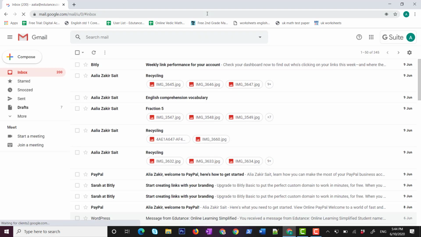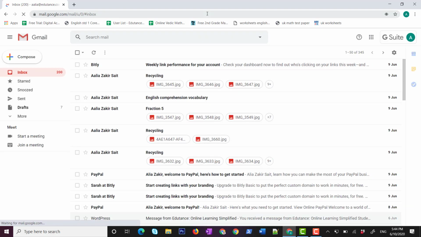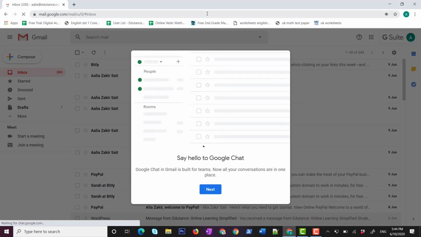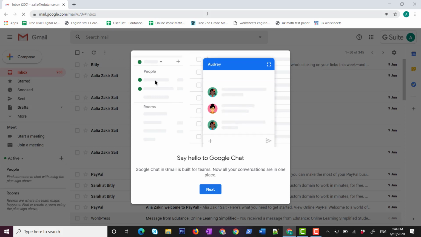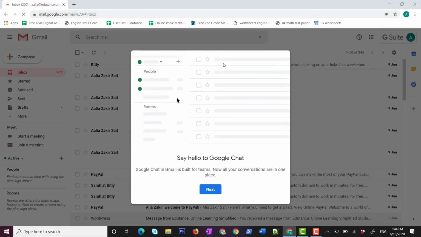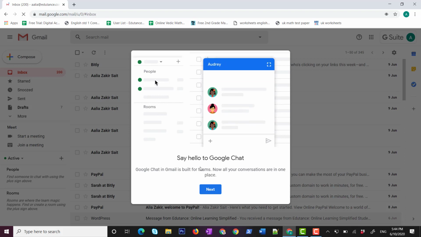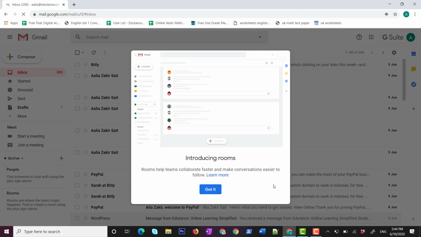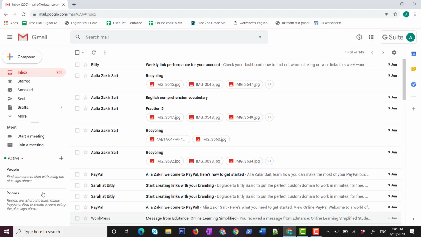And if you simply sign into your end user account, you should be able to welcome that user with the new Google Chat interface. Now, the user is going to be welcomed with an amazing animation on Google Chat, how it works and what are the features it has as a solution and as an amazing tool within that of G Suite. Now, Google Chat is something using which you would be able to interact with your team members and colleagues, as I had mentioned earlier, and this is just going to be amazing when it is within Gmail. I have personally benefited a lot after it has come within Gmail, and my team has also loved this solution and feature built into that of the Gmail web interface.